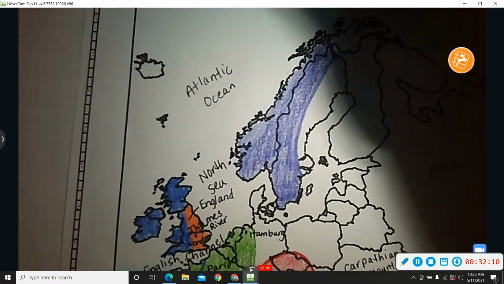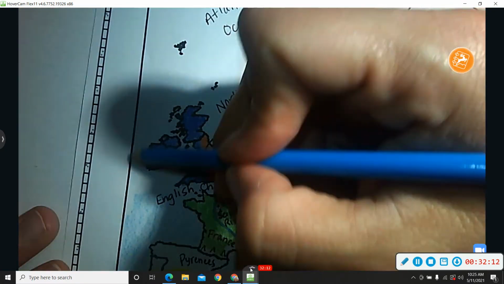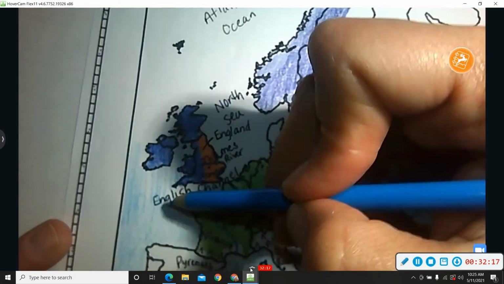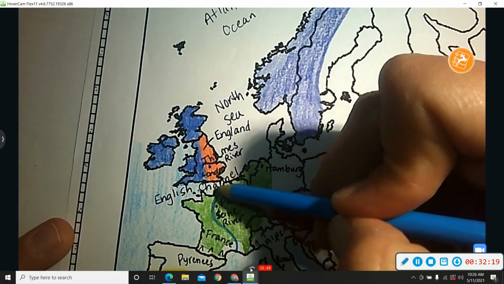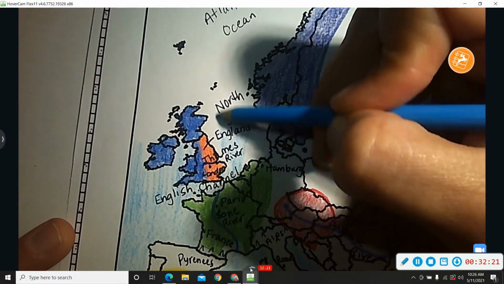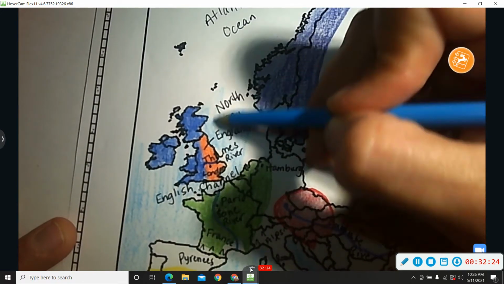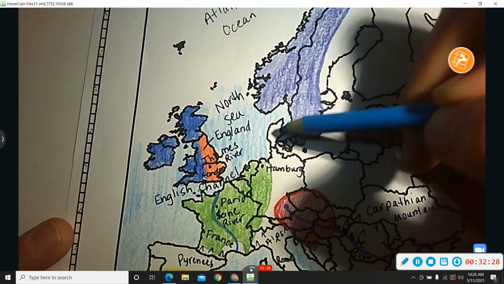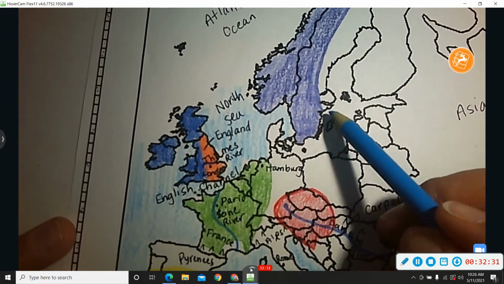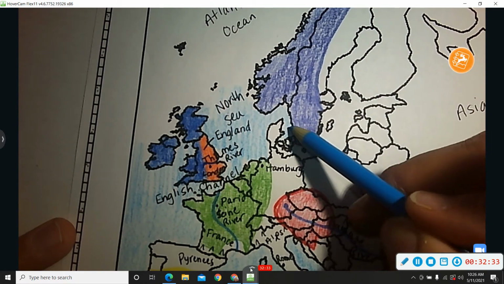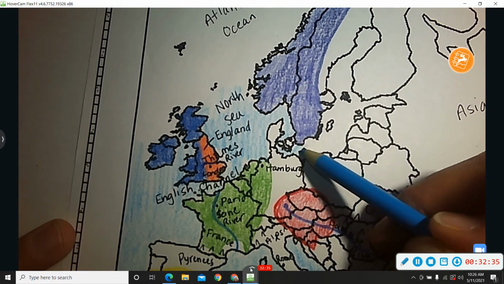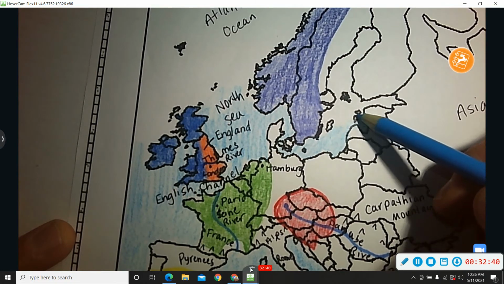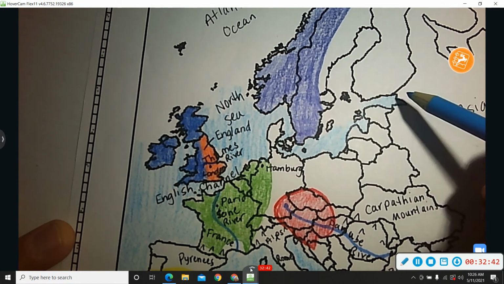Okay, coming up here. We're going to color a lot of this blue. The North Sea is blue. So pretty. And this is all blue. This is all water going in through here. So we're going to color blue. And I'm trying not to color the little islands and stuff because they don't matter. But all of this is blue